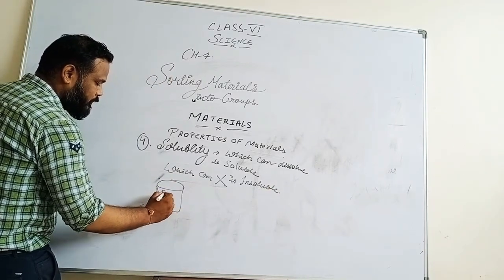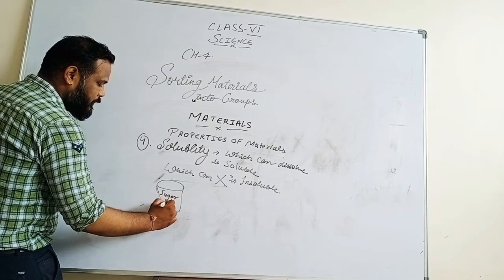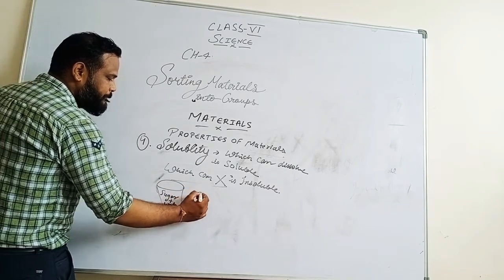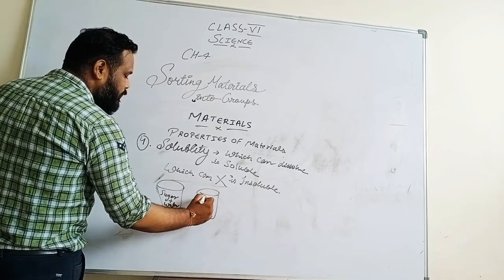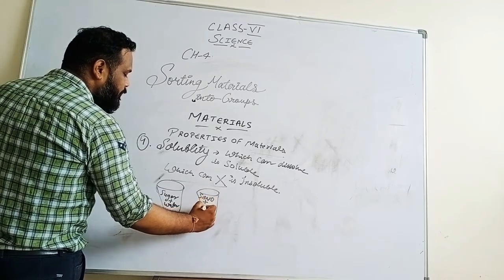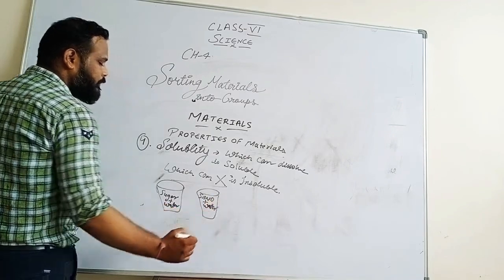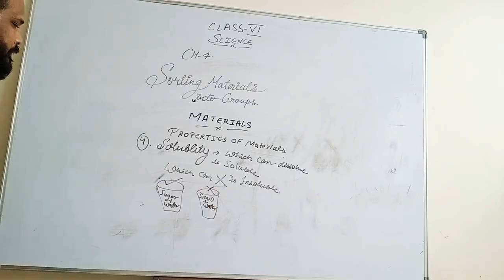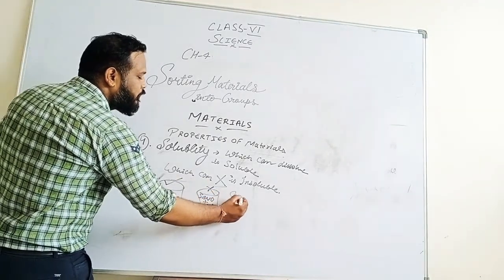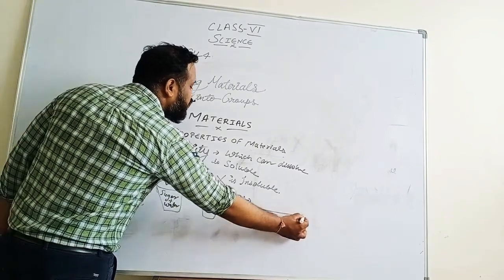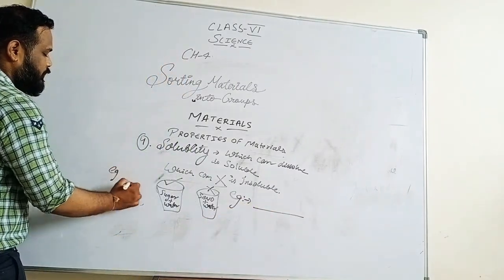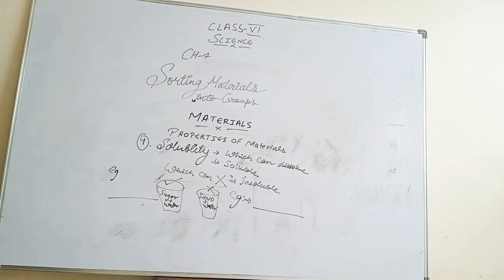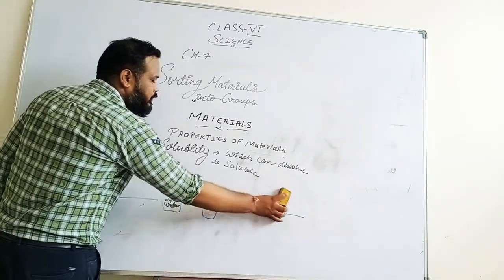Let's have a look at a rough diagram. It is sugar plus water, and in another beaker, another glass, if I put sand plus water. What is sand plus water? The sugar will dissolve and the sand will not dissolve. Yes, students, sand will not dissolve. We call it insoluble. Now you have to write two or three more examples of soluble and insoluble things. I know you are smart enough, you can write all the examples of soluble and insoluble things by practicing. Okay, let us move to the next topic.